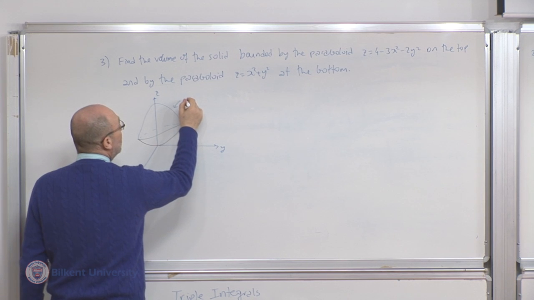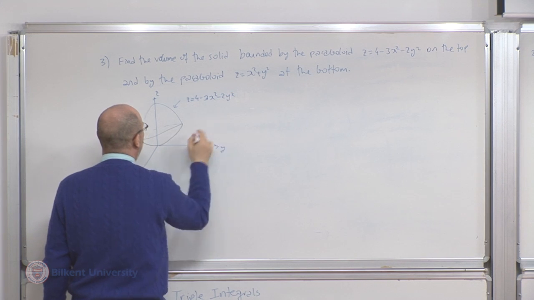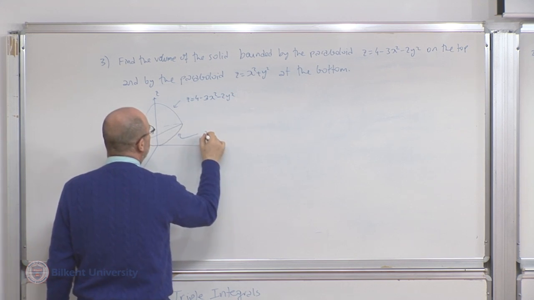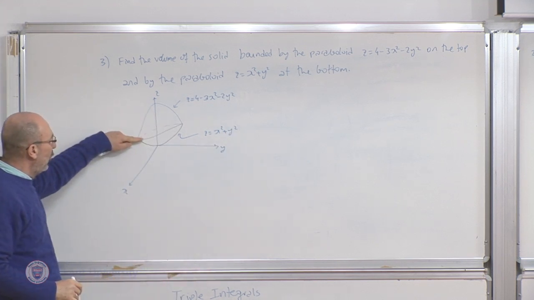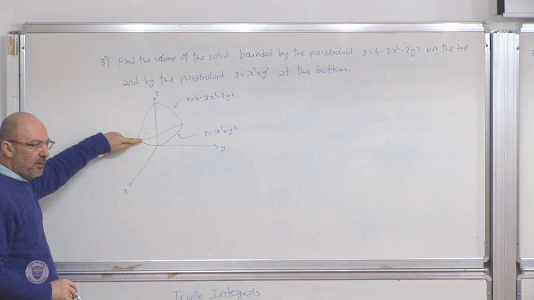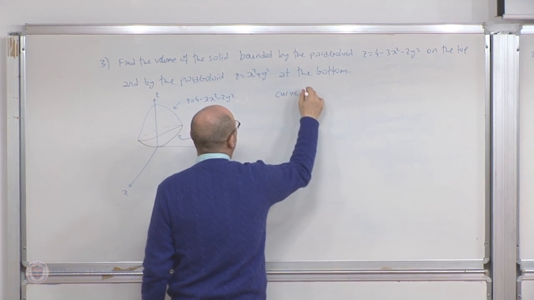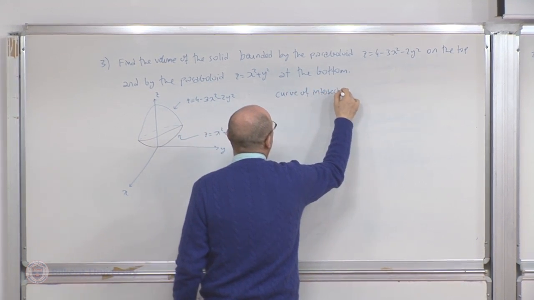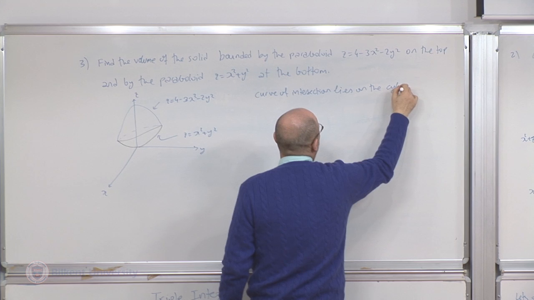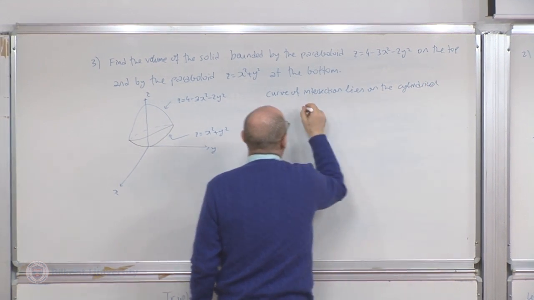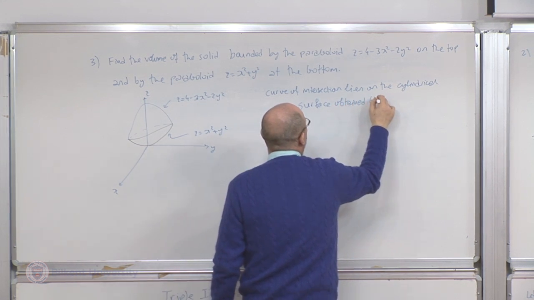Now this part is z equals 4 minus 3x squared minus 2y squared. And this part is z equals x squared plus y squared. When they intersect, the z coordinates will be the same. So the curve of intersection lies on the cylindrical surface obtained by eliminating